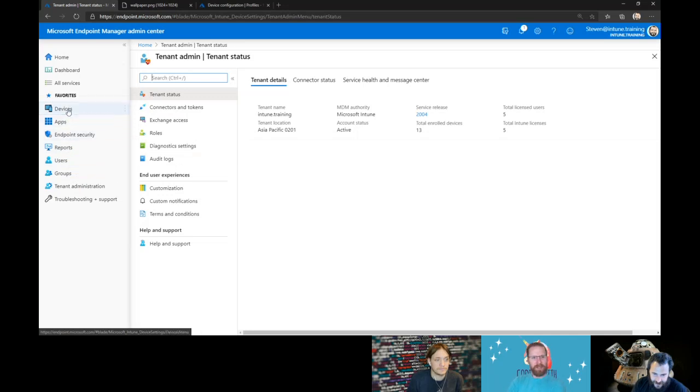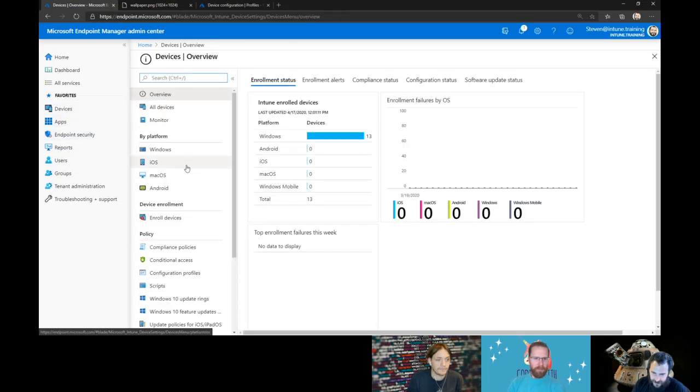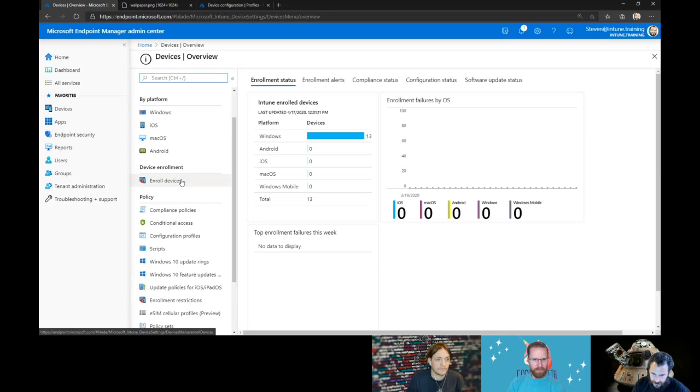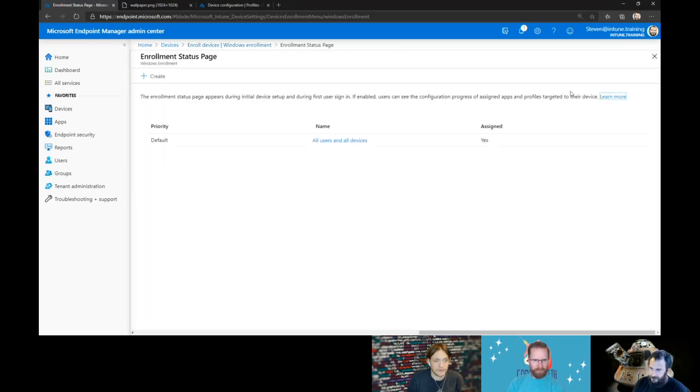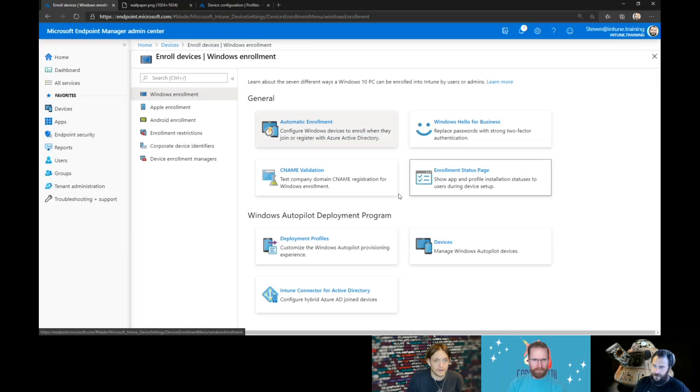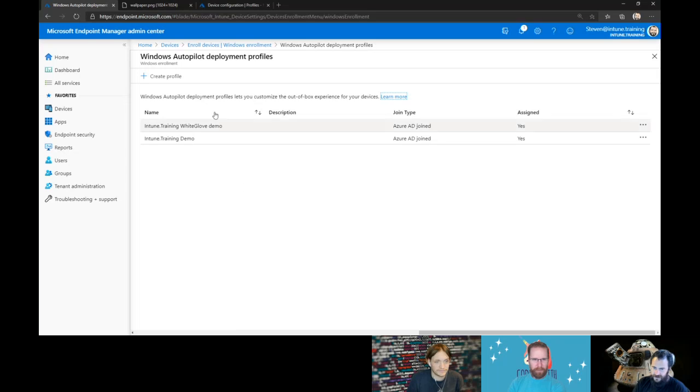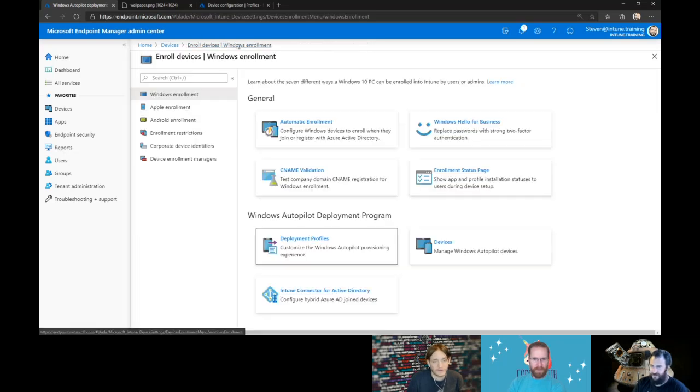Go to devices, enrollment, Windows. Yeah, that's it. They don't say preview here, but that's still preview, and I'm pretty sure Autopilot's still preview as well.